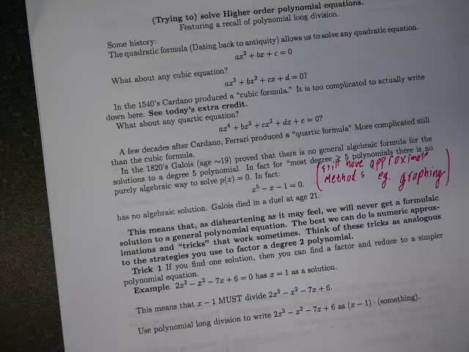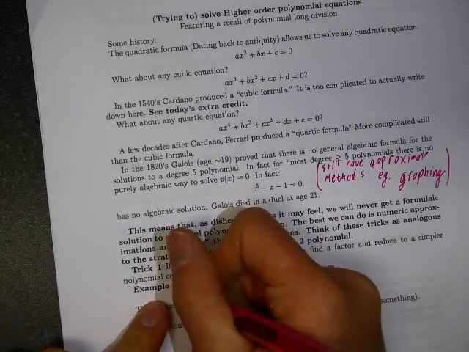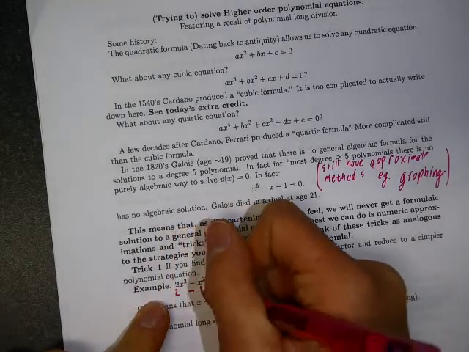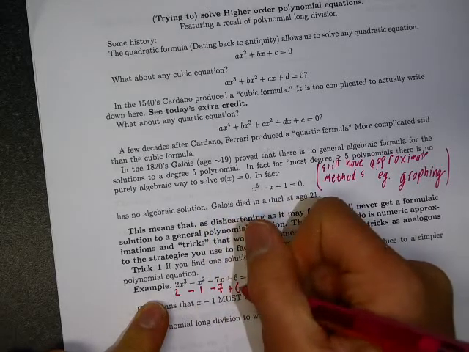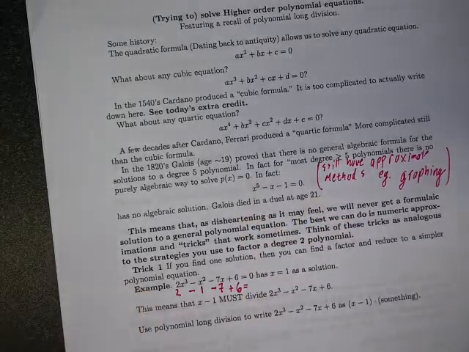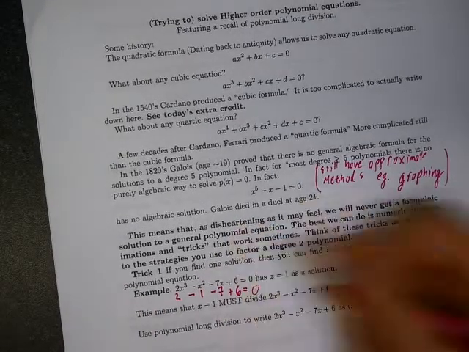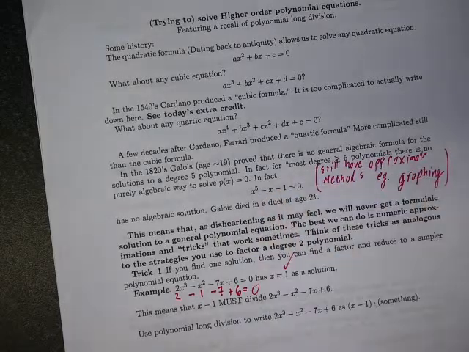So here's one. 2x cubed minus x squared minus 7x plus 6. I claim that has x equals 1 as a solution. Does it? What do you get when you plug in x equals 1? I guess you get 2 times 1 cubed is 2, minus 1 squared is 1, minus 7 plus 6. Does that add up to 0? Good. So it does actually have x equals 1 as a solution. That's worth checking.